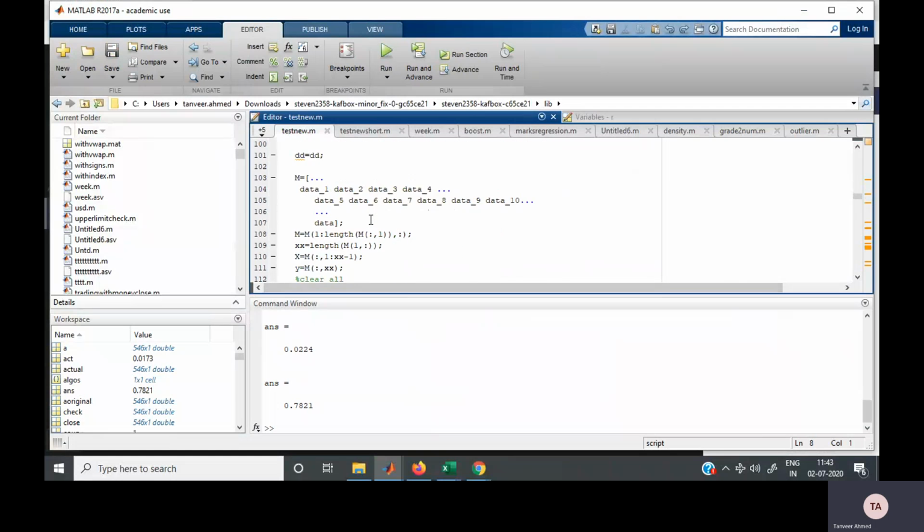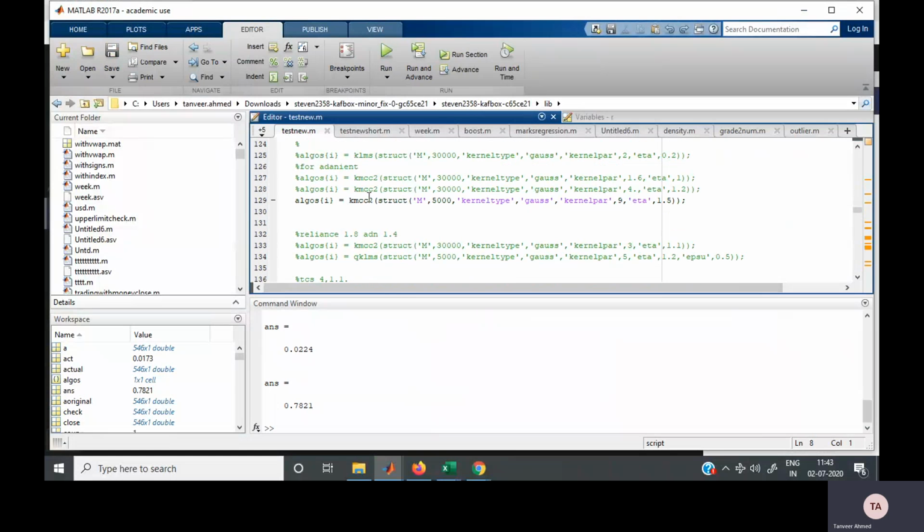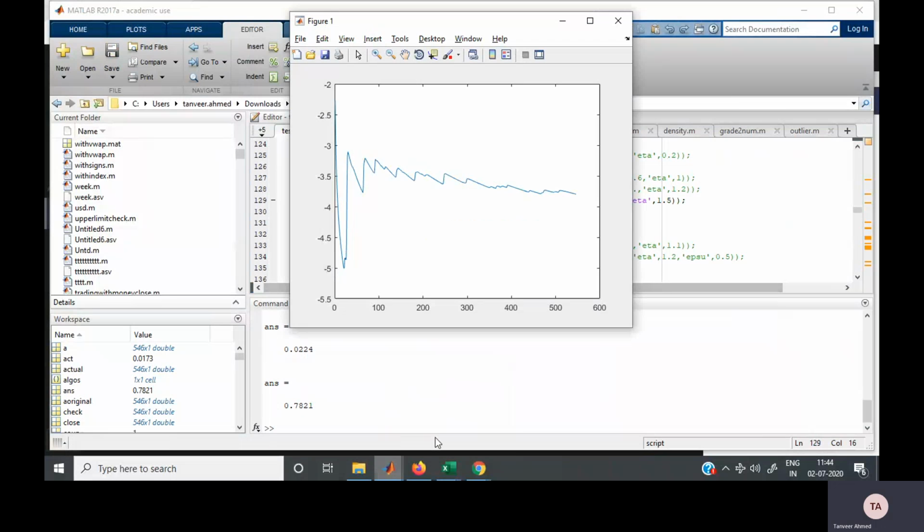I did the prediction and I used a method called KMCC, kernel maximum correntropy. This is again a kernel-based method. And of course, this is the convergence graph, the way my error is being minimized. We know that when the algorithm is learning, at the beginning the error value will be high, but slowly it will go down, and in the long run it will stabilize around a particular level. I have just about 500 data values, so you can expect there's going to be a natural problem.